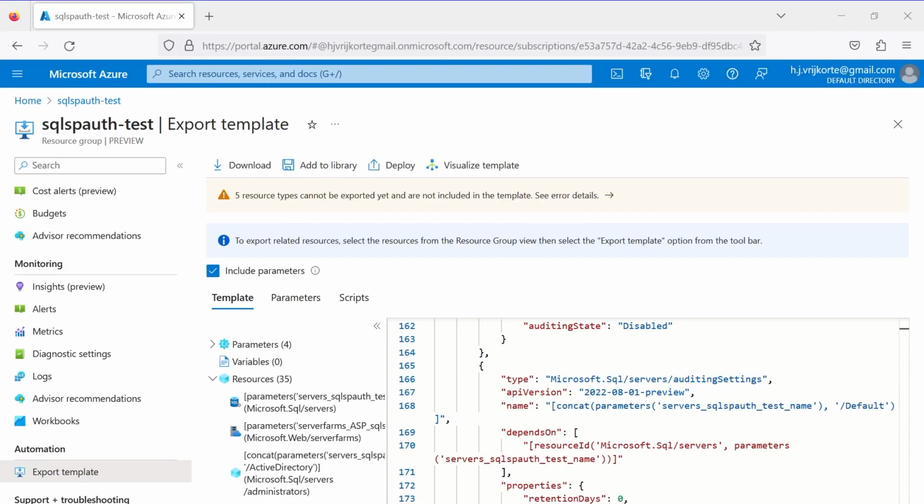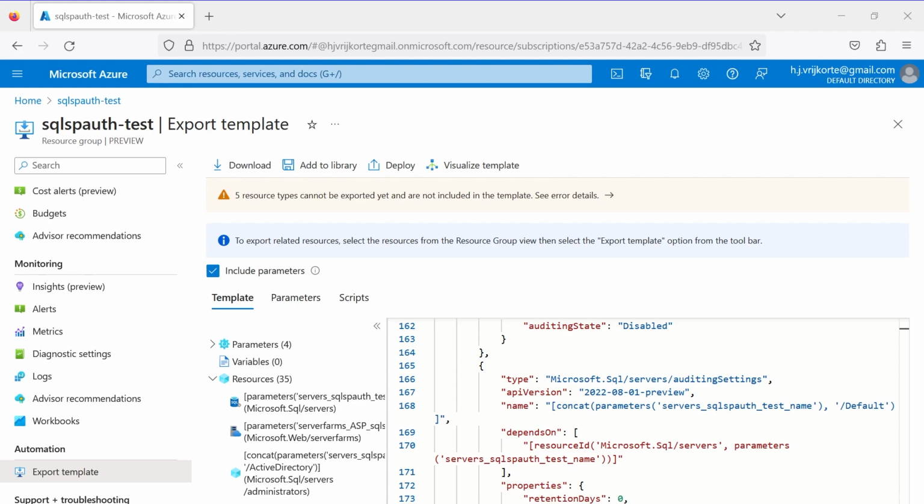To work with Bicep, personally, I usually use Visual Studio Code. You can run that on any platform. It's also possible to use Visual Studio and probably many other editors. But at least for the workshop, Visual Studio Code is probably the easiest. So I'm going to use that. Within Visual Studio Code, you can install an extension. I have already installed it.